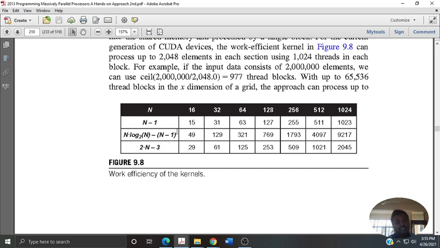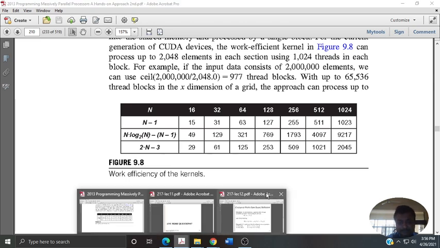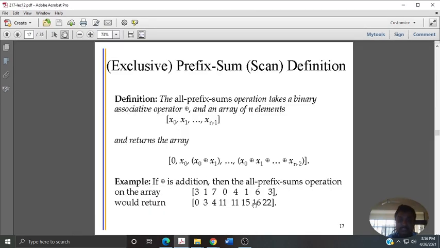With respect to that inefficient approach, whatever you tried with the prefix summations, it required somewhere 9 times more resource consumption or more threads, whereas this is almost double the sequential number of additions required for this particular approach. And hence it is stated as a work-efficient prefix summation.